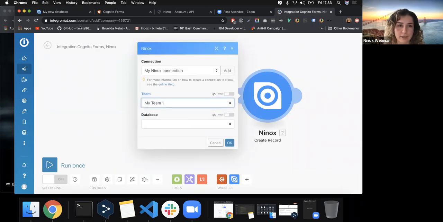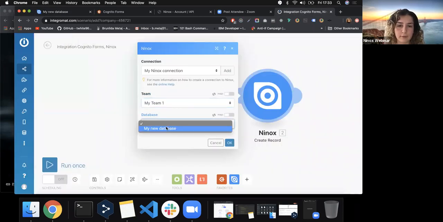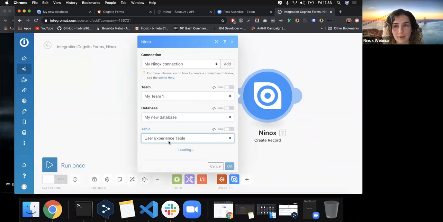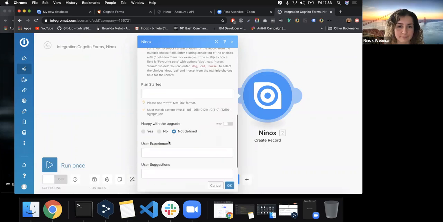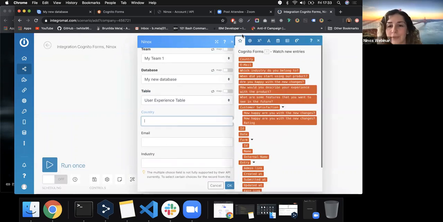We select our team, which is my team 1, and my new database, and our newly created table. And there we have it, all our fields. So let's start mapping them, the most exciting part. We have country, we have email,